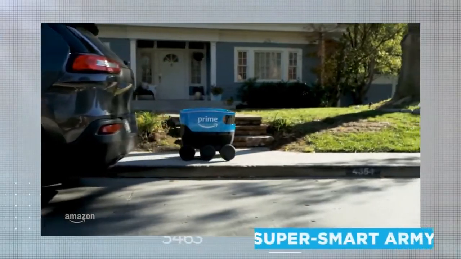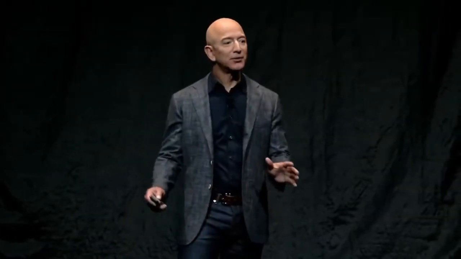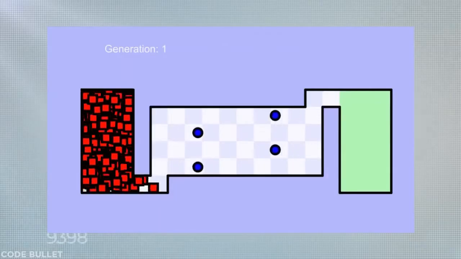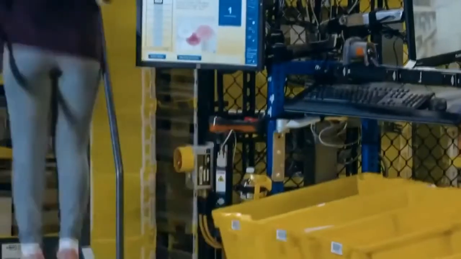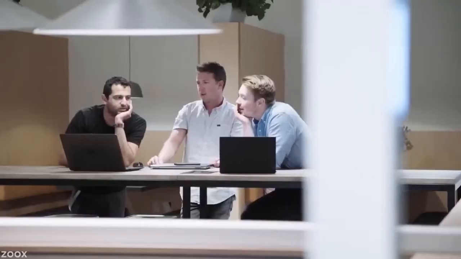A super smart army of slave robots, for one. Ingenious, if occasionally unscrupulous, management practices are part of the answer too. And the modern-day voodoo of deep learning AI, all of which are made flesh in the most advanced stockrooms the world has ever seen. So join us today as we button up our high-vis jacket and journey inside Amazon's smart